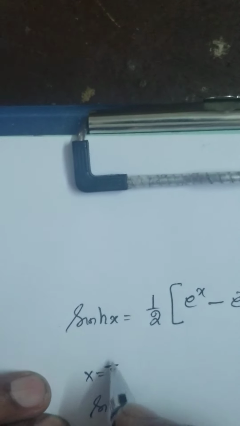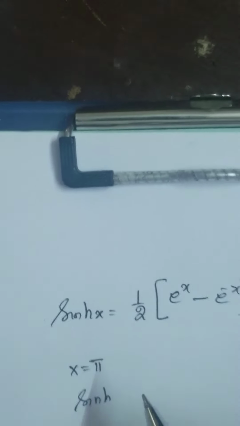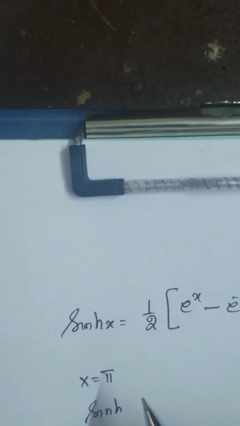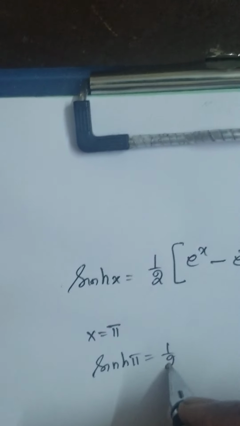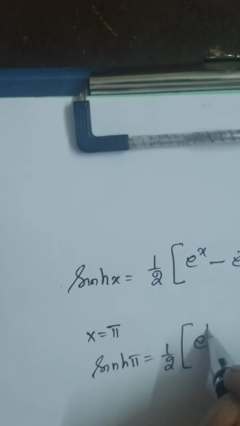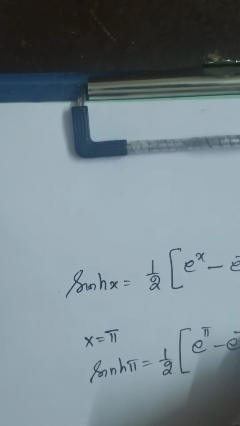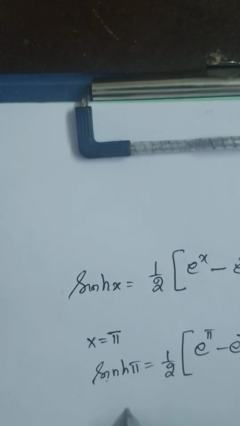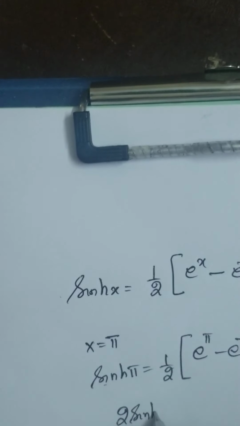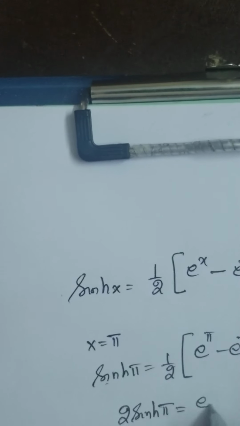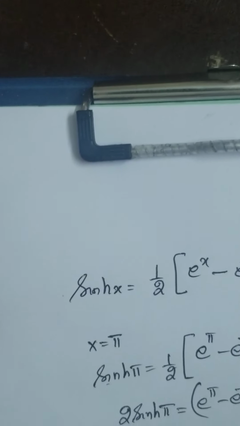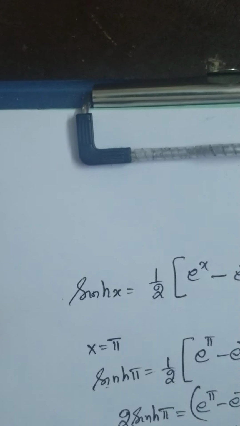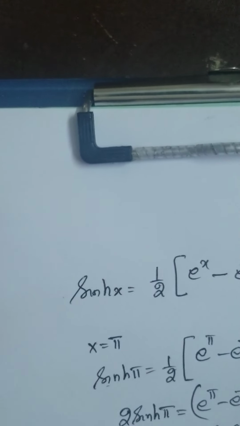Sine hyperbolic, wherever there is x you replace it with pi: half of e to the power of pi minus e to the power of minus pi. Cross multiply: 2 sine hyperbolic x is equal to e to the power of pi minus e to the power of minus pi. Therefore, wherever you get e to the power of pi minus e to the power of minus pi,